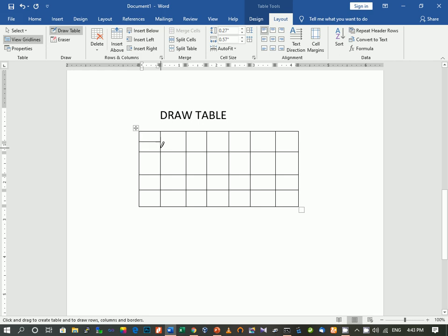So here we can do it like this. Though these options are present in other table making methods, in this method you will find it easier. This will be easier for new users who don't know much about tables. So like this we can divide any rows. If you want to divide any row or column, any particular cell, if you want to create more rows or columns, it can be done very easily using this method. So this is how to create a table using the draw table method.